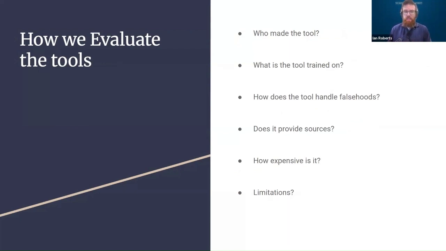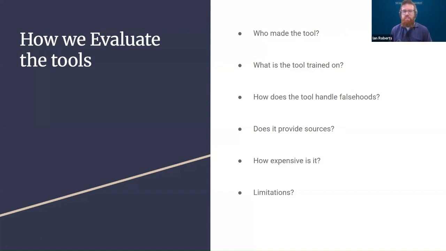A lot of these platforms will actually list the people involved for the most part. They're very boastful about their work because they're promoting their own work. So you can usually track this down a lot of the time. Second, what is the tool trained on? Again, while the companies that make these products don't publicize exactly what data set the tool is trained on, a general idea is helpful. Looking at the sources that it provides you in its responses can give you an idea of where those responses came from. Was it consumer level health information, or was it scientific literature?